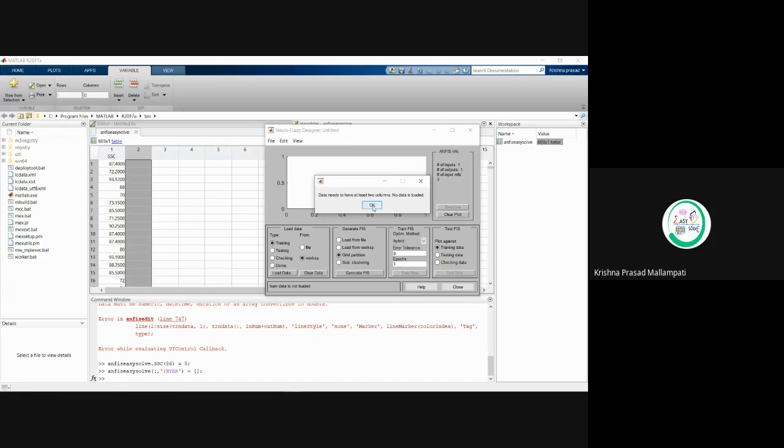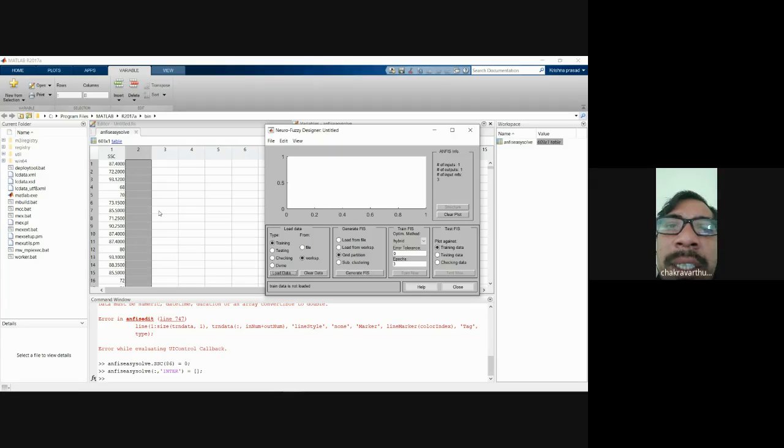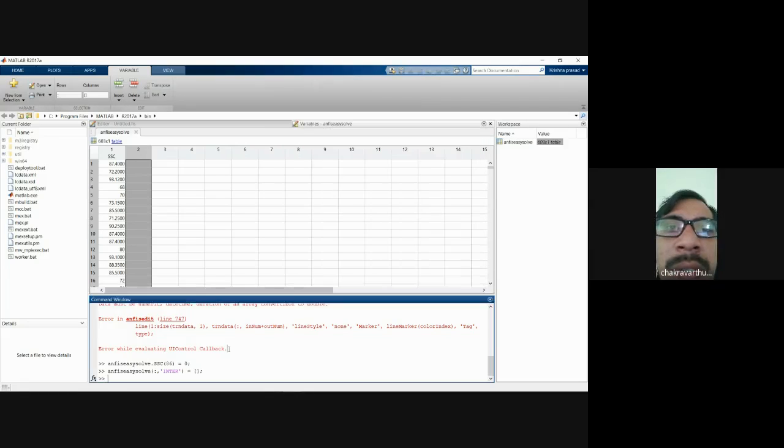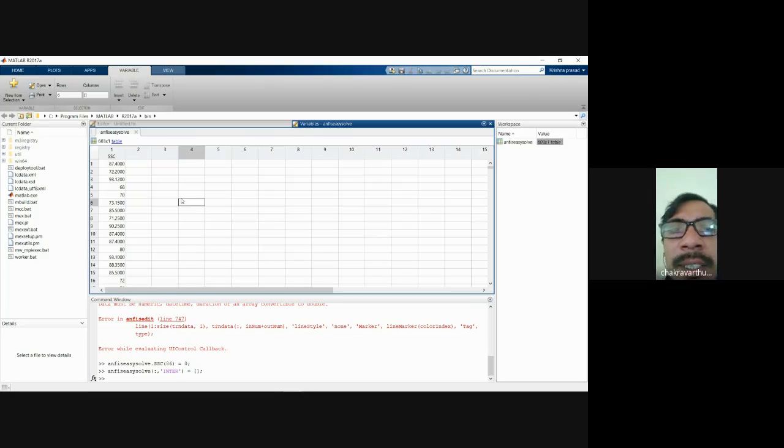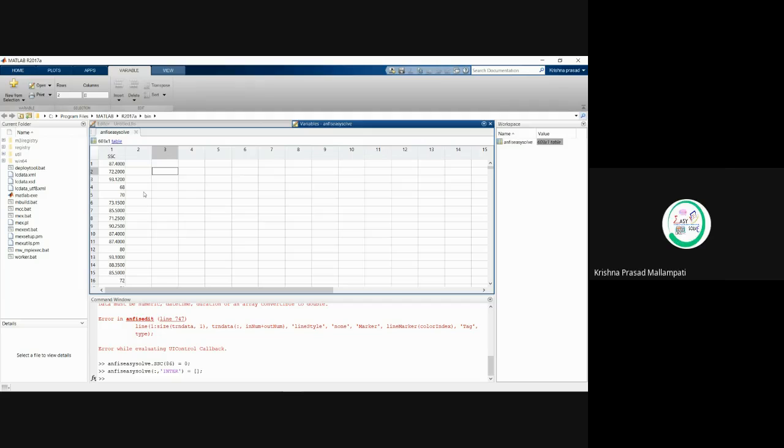Data needs to have at least 2 columns. Means it is deleted, right? Not deleted, I think so. I just click on side, so it has been removed. See there in the new top, we have 603 by 1, right? One range. Yes, sir. Then why is it not taking there?